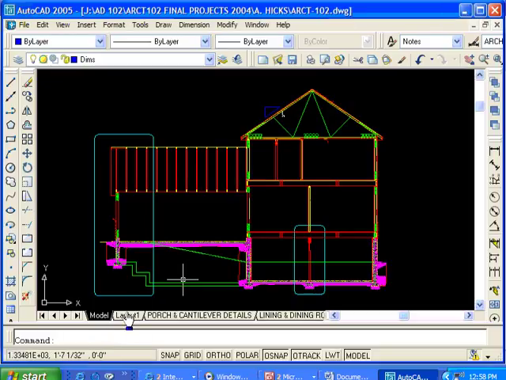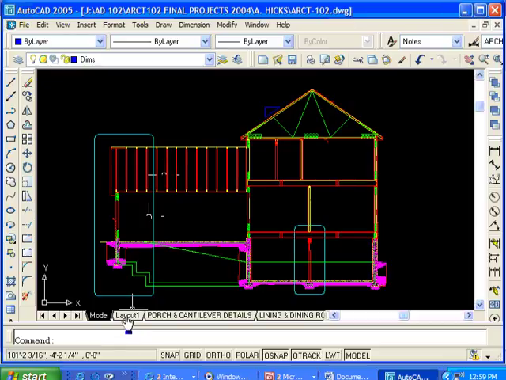So the first thing, first of all, you may notice that I have a few layouts here that are completed, and I possibly could show you some of that later. But for right now, let's just concentrate on this cross section right here. I'm going to start from scratch. So what I want to do first is to